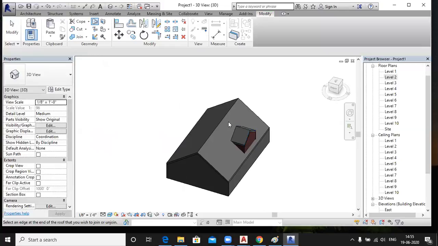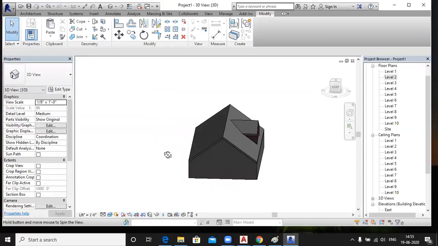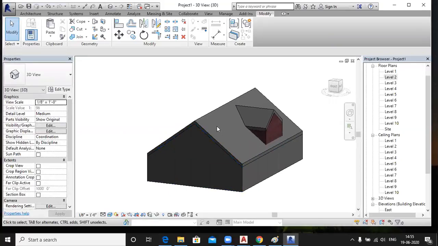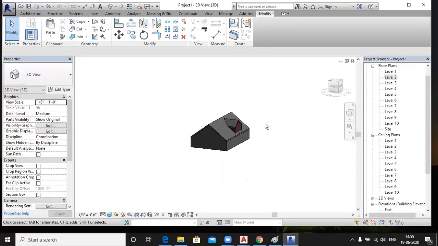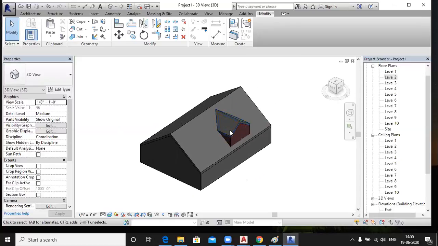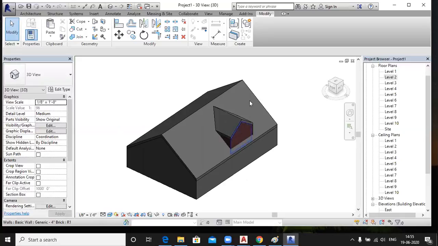And click this edge to this edge like this. Now this wall is already cut. This roof is joined to this roof. Yes or no? Joined it. Yes, sir. Okay.